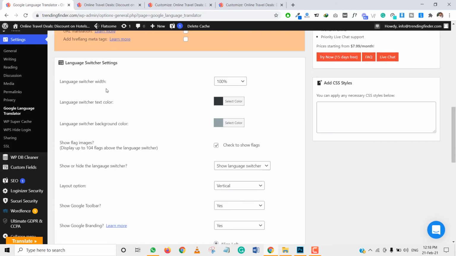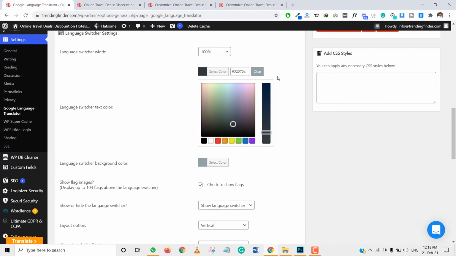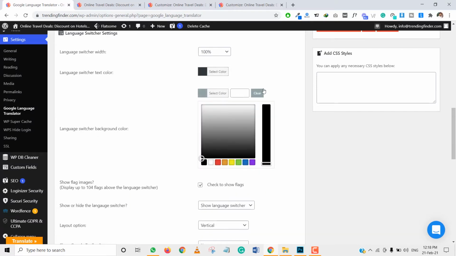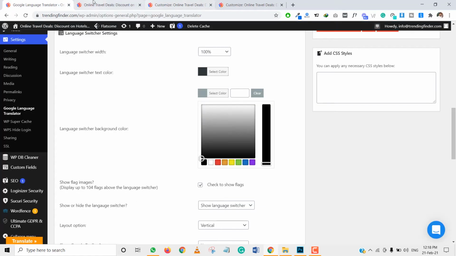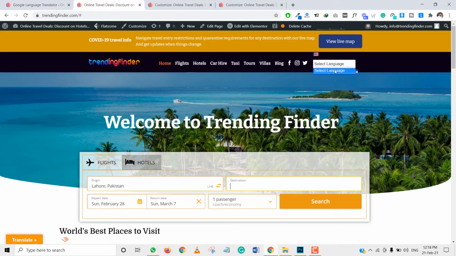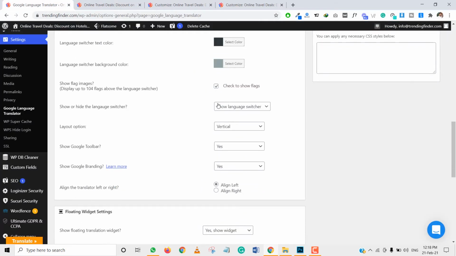So language switcher with 100% switch text color. You can change the text color here, and the language background color here. This is showing a flag, so it's not showing any background color, but you can change these colors here. If you want to show the language switcher, check to show flags.